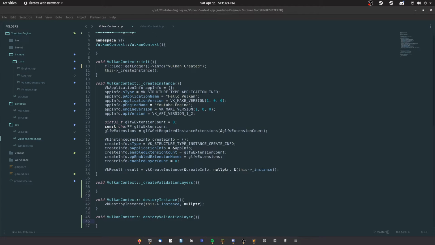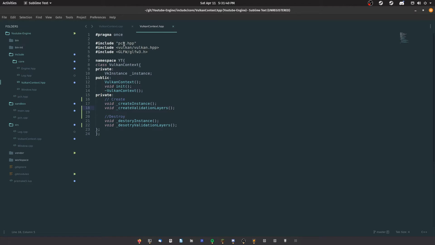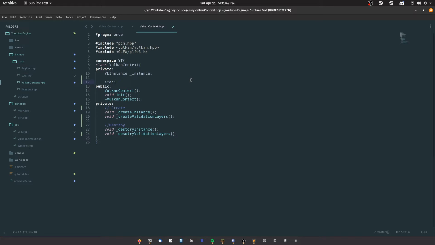Like the way that I implemented validation layers on Sudo engine is completely different than this. And yeah. So let's start into it. So we are using pch.hpp, but what we need now is a std vector